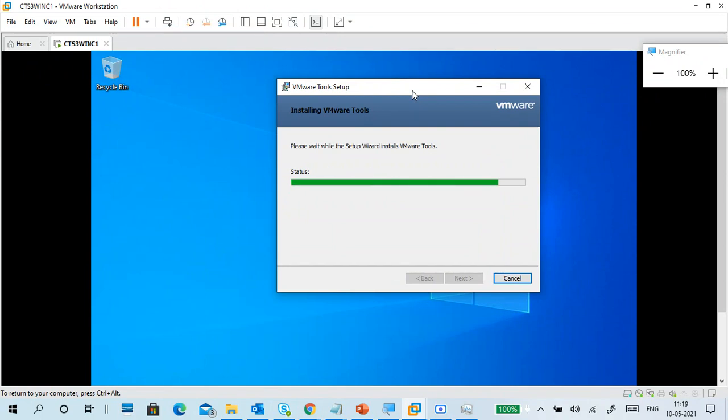Those who have already completed the Windows 10 installation, maybe now or later, in a break time or evening time, whatever it is, install VMware Tools. Then your screen will also be good and integration increases. You can do drag and drop from your physical machine to the virtual machine. It works in enhanced mode, and keyboard and mouse integration will occur. So that's why it is better to install VMware Tools.